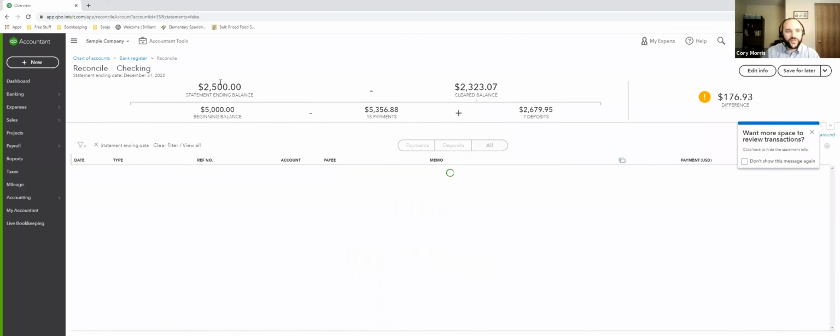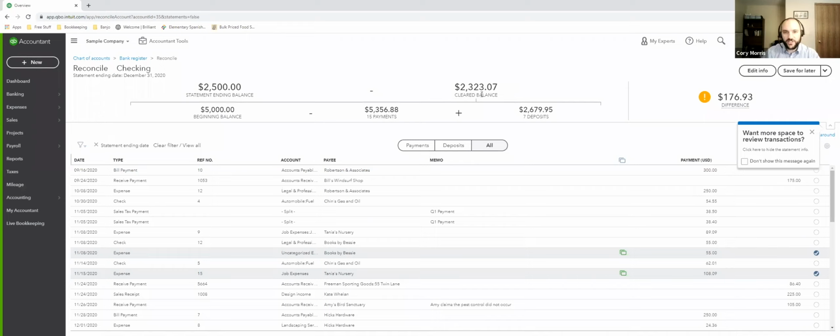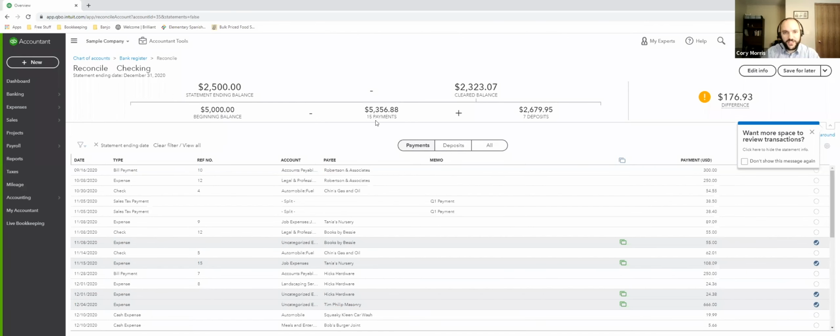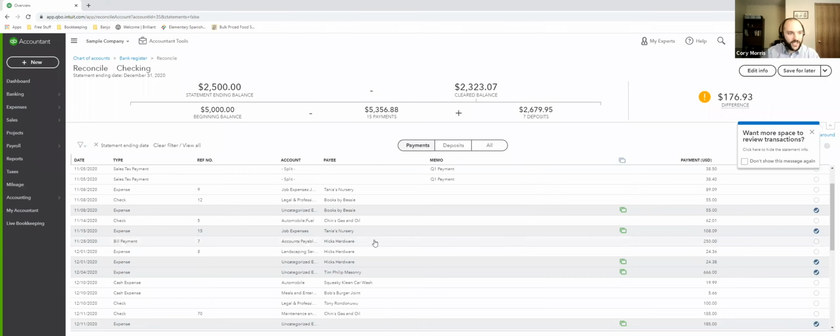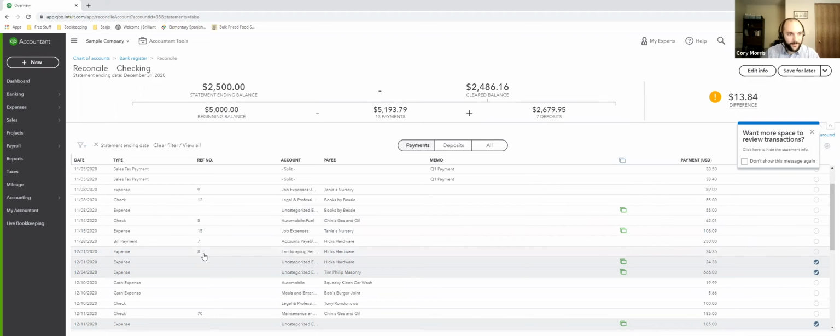Now this is great because you've got your statement ending balance, minus your cleared balance. Okay, and that just kind of shows you some of the things. Here's our beginning balance. Here's our outflows. Here's our inflows, and we should end here, right? At the statement ending balance. This minus this plus this should give us our ending balance. And depending on how your bank sets it up, you can say, hey, I want to just look at my payments. I've got 15 payments at $5,000. Go through and check, are these on there for that time period? I really don't want this one or this one in here because those happened in November, for instance. But you can go through and